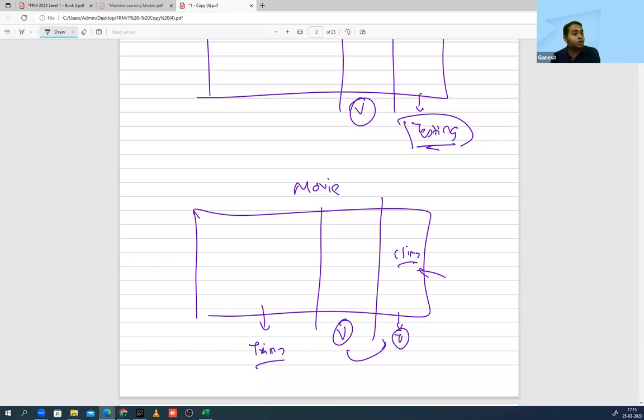It is in a particular order. You cannot use the last part of the movie to train. When there is a natural sequence, that is time series data, where there is a natural sequence and you have to follow particular order to give the training, give the validation, give the testing. But if there is no natural sequence, आप कोई भी data उठा सकते हो, like IPL data. Last 10-year data, you can take the latest 3-year data to train the model. ये भी हो सकता है. So when there is no order, it is called as cross-sectional.